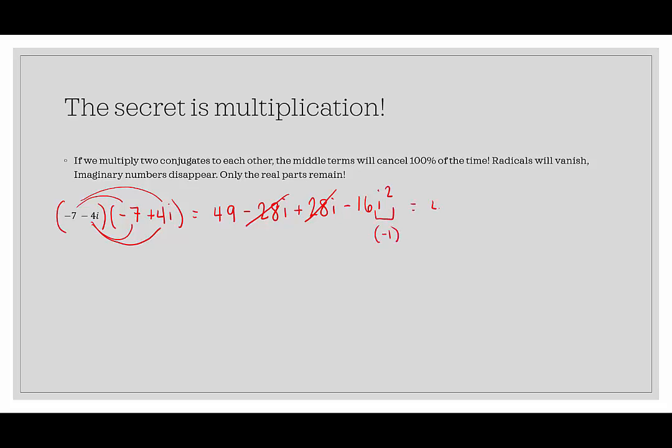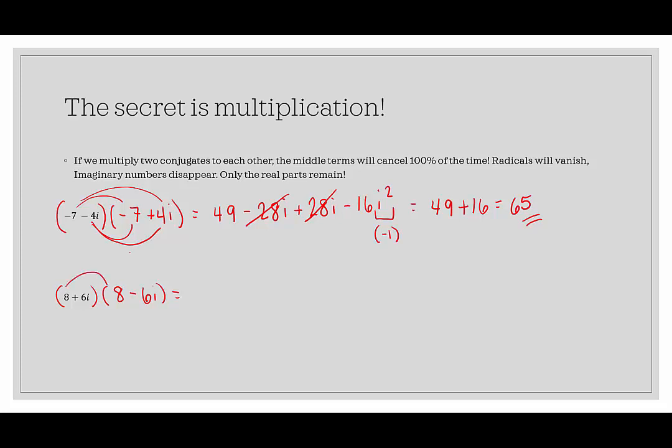So this ends up becoming 49 minus 16 times negative 1. Those are two negatives, so this becomes plus 16, and 49 plus 16 is 65. There's a real, rational, single number. We'll try it one more time just to verify. 8 plus 6i, so we're going to multiply it by its complex conjugate, which would be 8 minus 6i, and